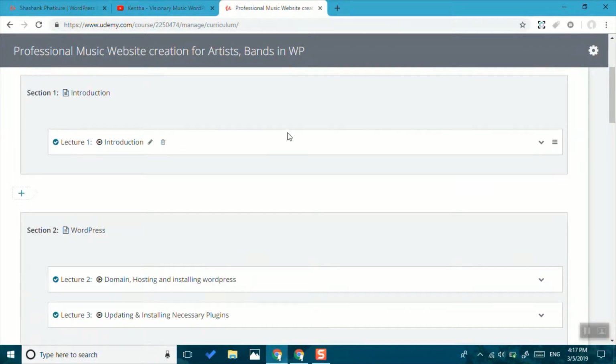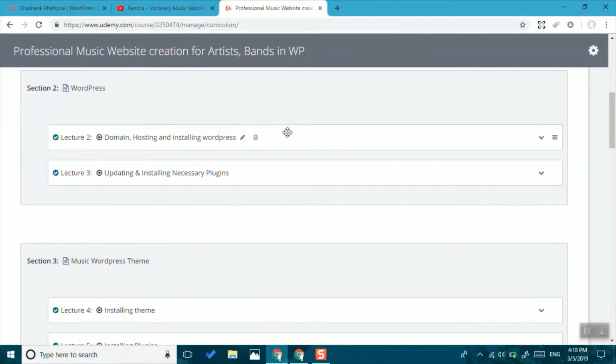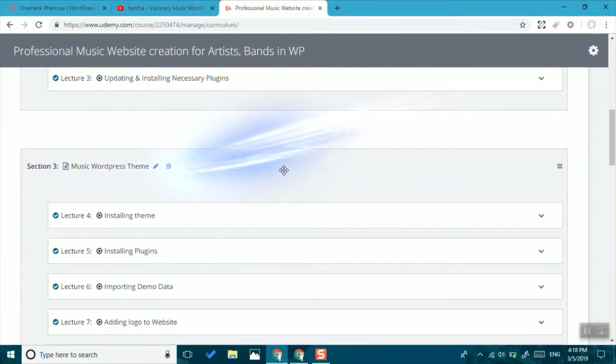We will be starting with the introduction, then we will be working with WordPress, adding the domain, buying the hosting, and installing the WordPress website. After that, we will be starting with the WordPress updating and install some of the basic plugins that are necessary for WordPress. Then we will start with the music website,